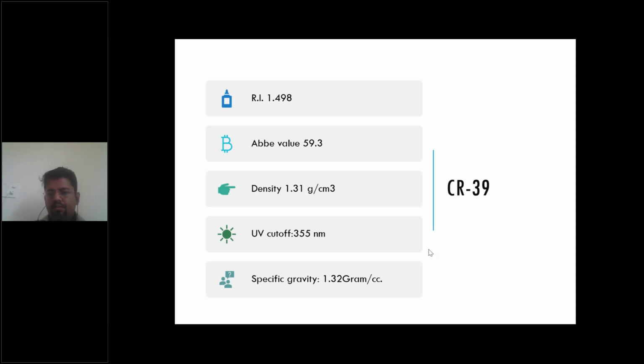Okay, so guys, the Abbe value is the amount of chromatic aberration. Whenever light enters a refractive surface, for example when we are talking about glasses, it is just the amount of